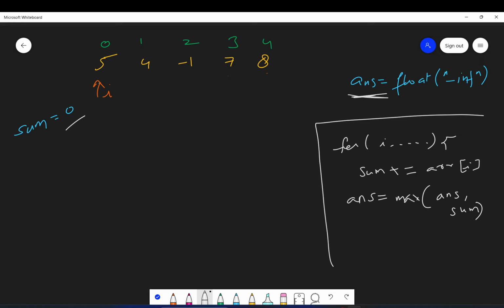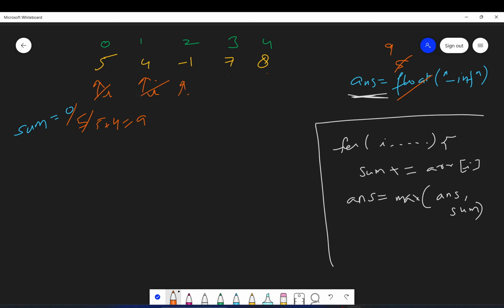Let's start. Here i is 5. 5 will be added here, and 5 is greater than obviously float inf, so we will update it. It will become 5, and i will move forward. Now 5 plus 4 will become 9, and 9 is greater than answer, so we will update answer.